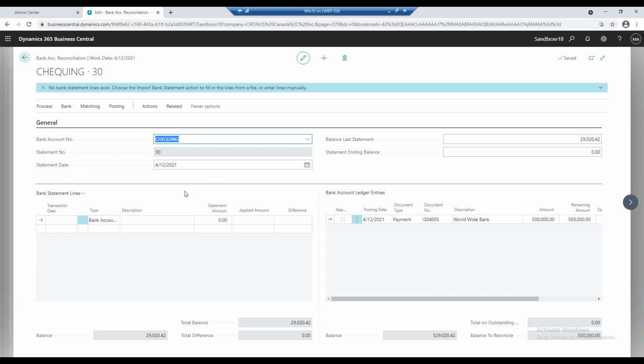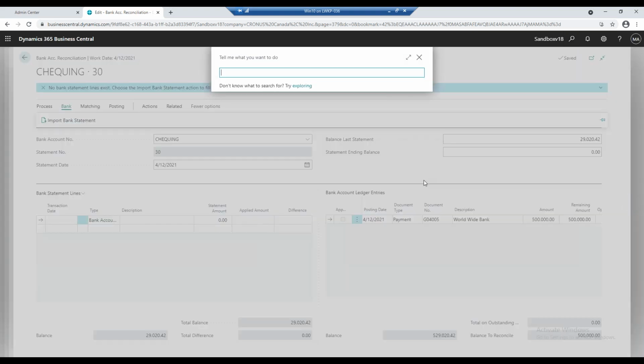And so one of the major features that Microsoft introduced was the ability to customize your bank statement import through a bank statement import wizard. And this bank statement import wizard will actually map your bank statement import so that when you click bank and import bank statement, it now has the ability to map to a CSV file or a flat file when you import your bank statement into the reconciliation. So what I mean by that is, if I go to the bank import export setup,